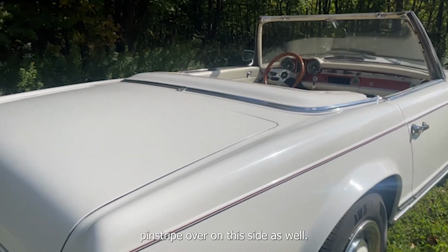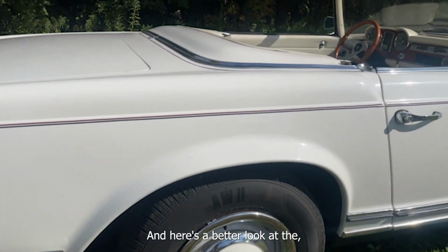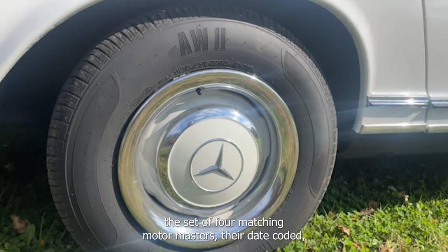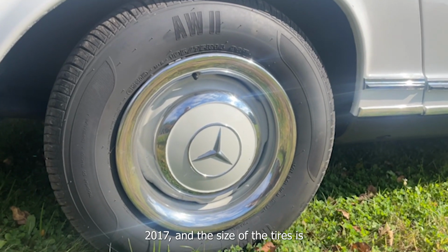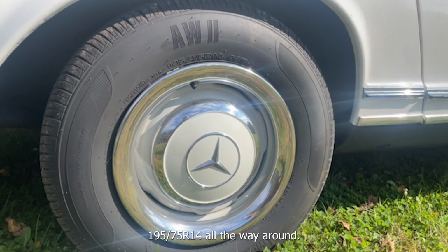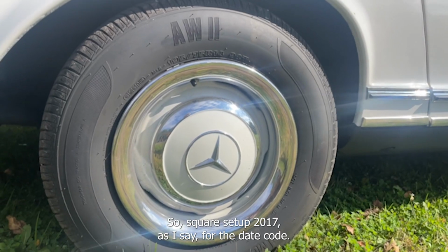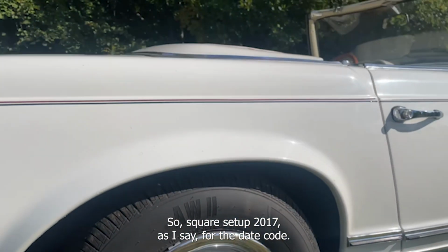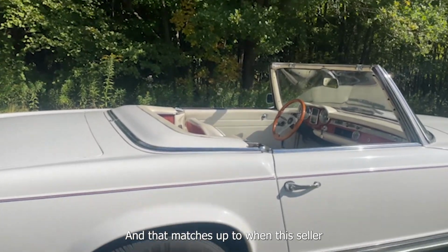The consistent pinstripe over on this side as well. And here's a better look at the set of 4 matching Motomasters. They're date coded 2017, and the size of the tires is 195/75 R14 all the way around. So square setup. 2017, as I say, for the date code,